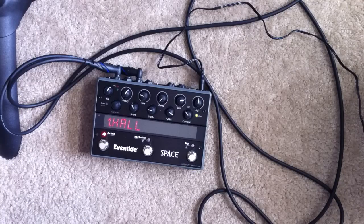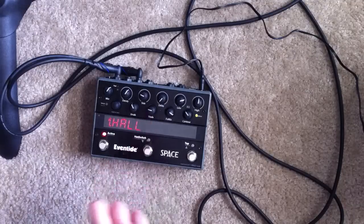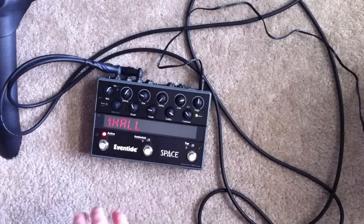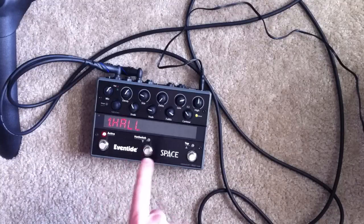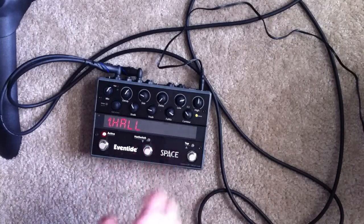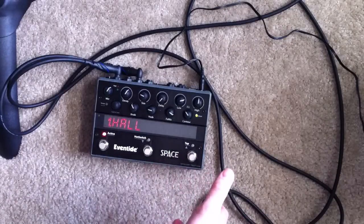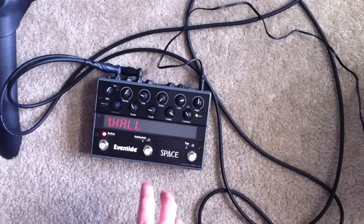So let's look at the knobs here for a second. I know people don't like this, but for stuff like this I feel like it's kind of important. You've got the mix and decay knob, pretty standard. The size knob controls, in this case, the size of the hall that we're playing in. So I'll show you what that does. Delay serves as a pre-delay for the reverb, so you play and then how long it takes the reverb to come in. I typically don't like a whole lot of pre-delay, with a hall sound at least,